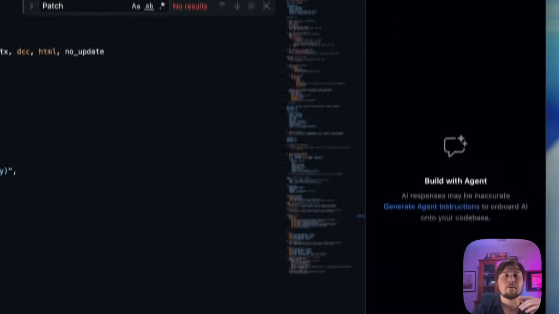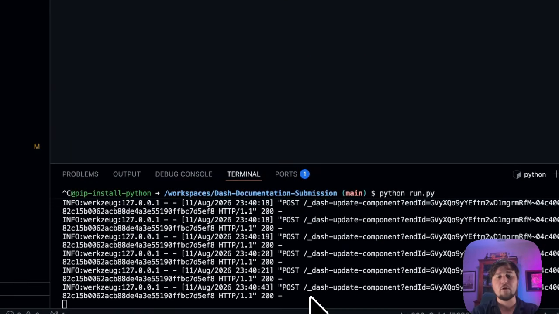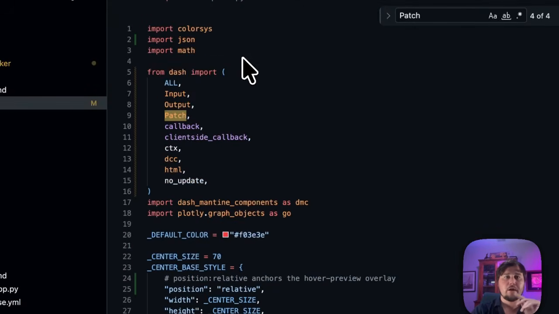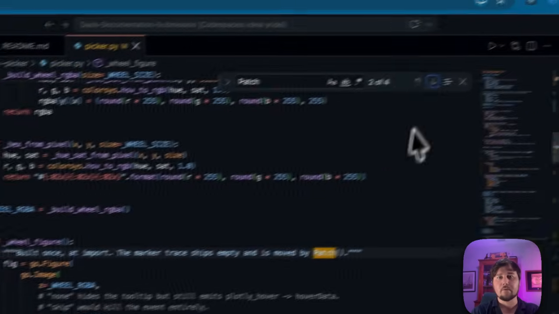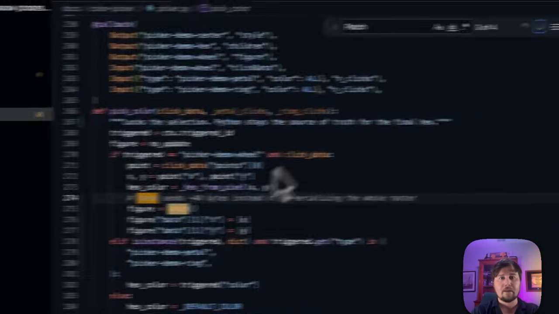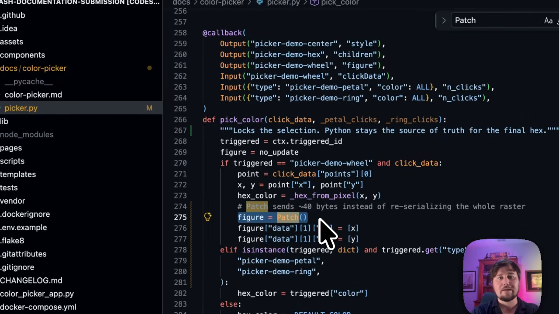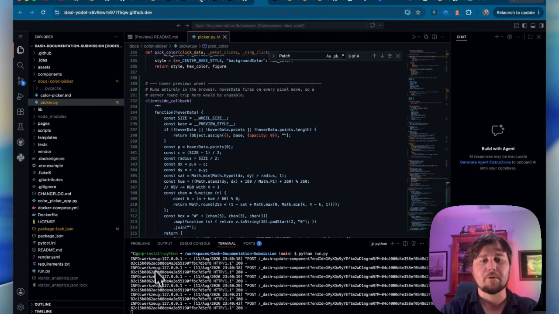So watch this. I'm going to drop in this code that I've prepared. It's pretty much his. There are two notable things that I changed. One thing is at the top, you can go up here and you can find that Patch. So let's find where this is being used real quick, because this is an important one. In the wheel figure, you make your way down, and what I have here is in the callback, in the figure, I'm calling Patch, so that it is initializing and it is going to change how this whole application feels.